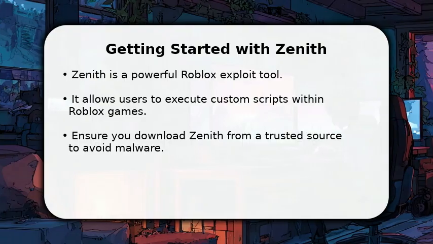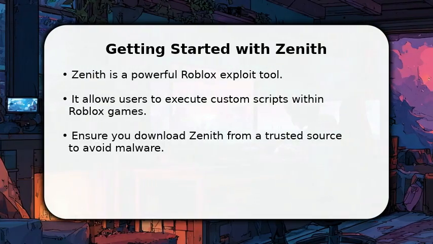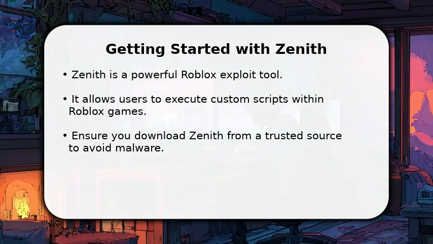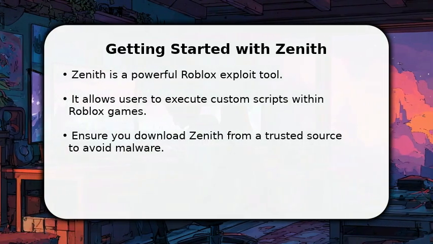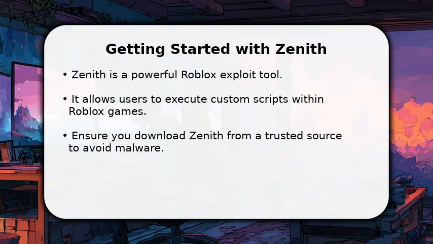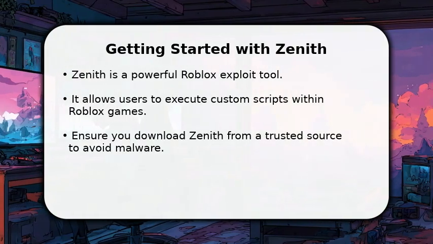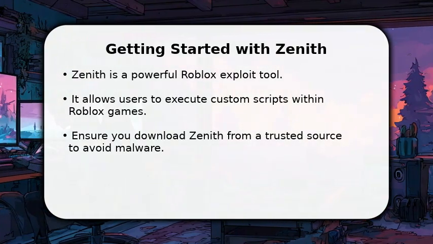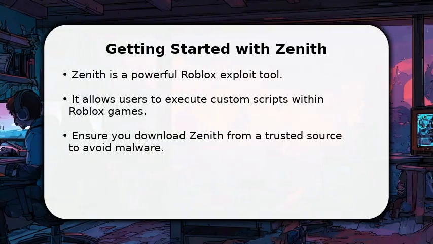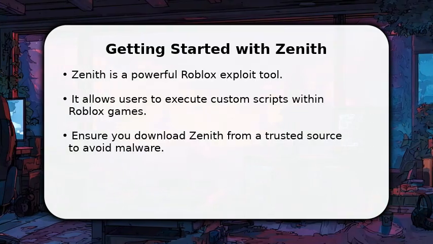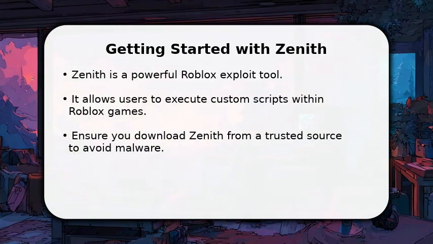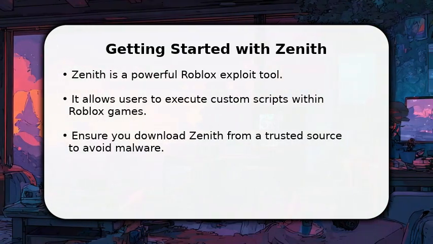In this video, I will explain how to use Zenith Roblox. First, understand that Zenith is a powerful tool designed to enhance your Roblox experience by allowing custom script execution. It's crucial to download it from a reputable source to ensure safety and avoid any unwanted software. This initial step is vital for a secure and effective setup, laying the groundwork for all subsequent operations within the